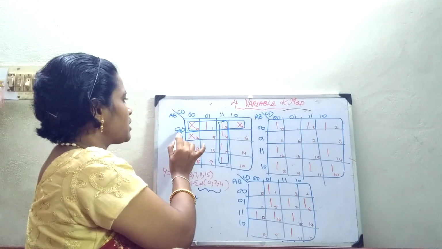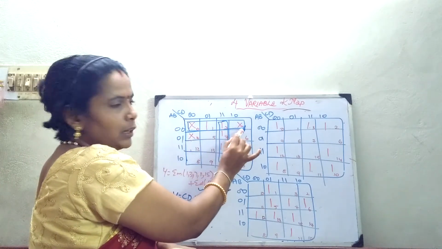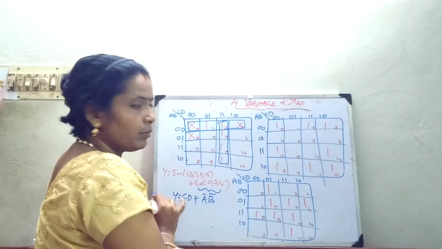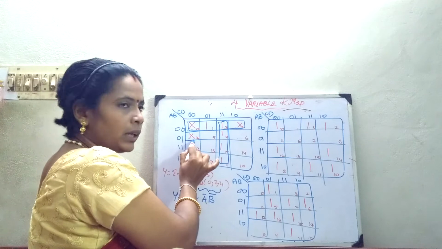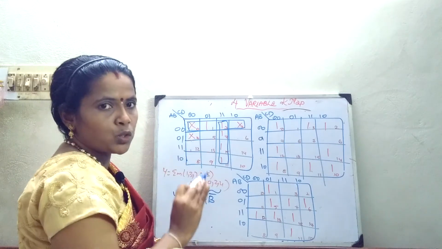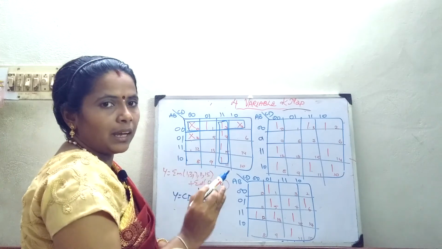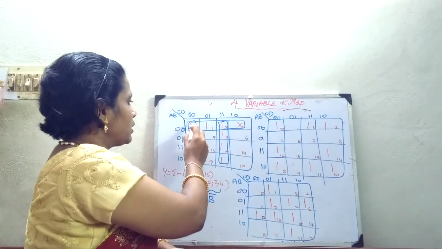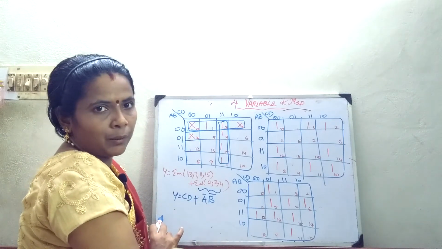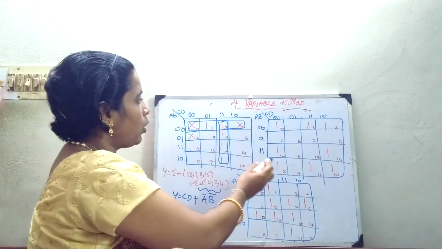Now what will be the answer? Here 4 variables are there, it will not match. So here it is A bar, B bar. Whereas here also one don't care is there. I don't want to group the don't cares. My objective is to group only the ones. In that case, if this don't care helps, I will use it, else this don't care grouping is not required. That's all. This is the answer. Okay. Now let us move on to the next thing.